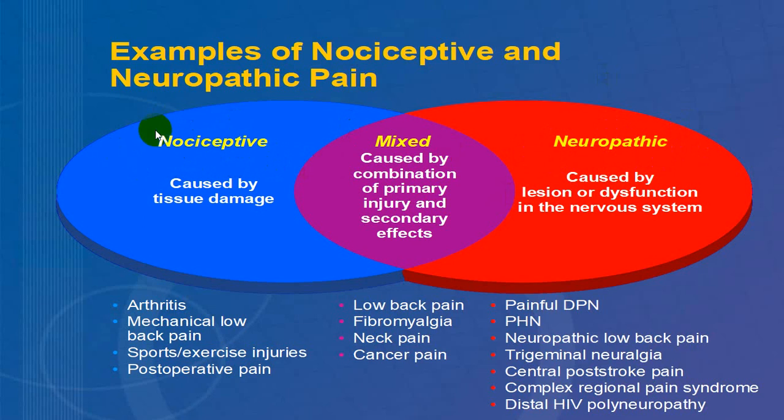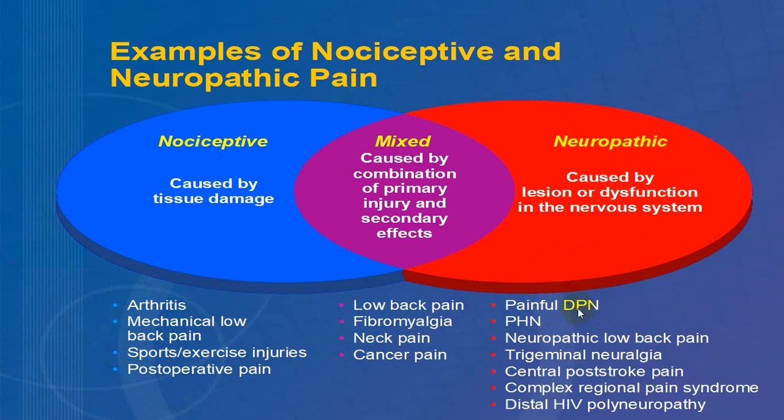A classical example of nociceptive pain means damage to somatic structures or visceral structures. So mainly somatic structure. That is what we call nociceptive pain, like arthritis, low backache, sports injury, post-operative pain, etc. This will be damage to skin, tendon, muscles, etc., those particular structures. While neuropathic pain is mainly because of the nerve, like painful